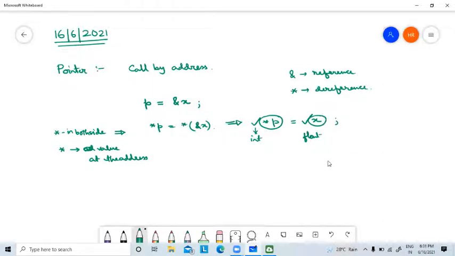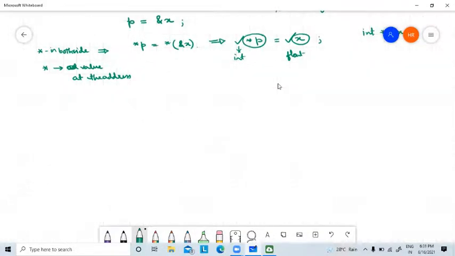So that's why we have to declare the pointer like this, star p, and a normal variable as x. Now suppose I have declared one float variable, and I have one integer pointer.